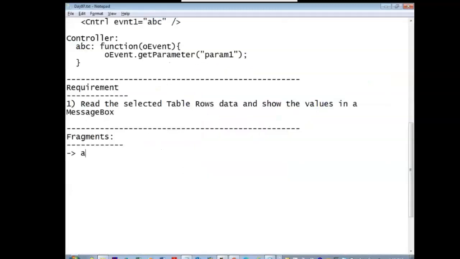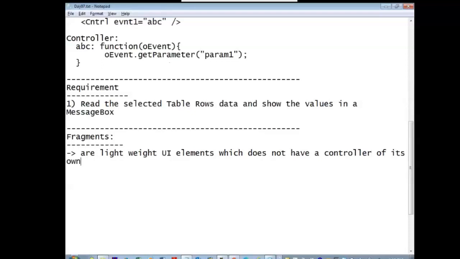Fragments are lightweight UI elements which do not have a controller of their own and share the memory of the view in which they are called.